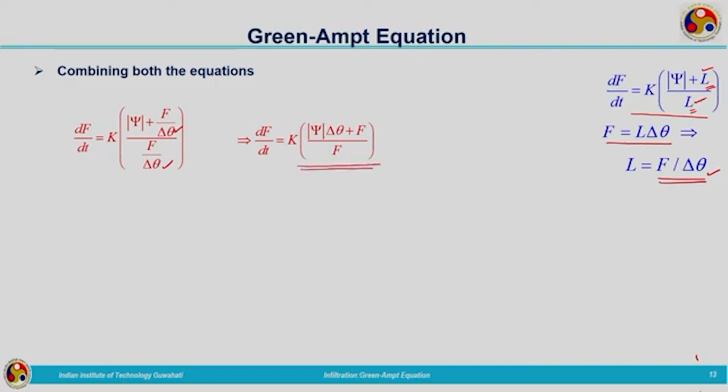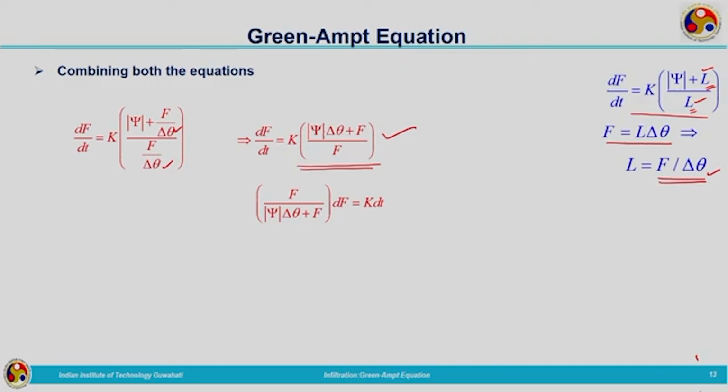So, the expression changed to this form, and what we are doing, this equation is df by dt. It is a differential equation. So, our intention is to get the expression for infiltration rate small f and the cumulative infiltration capital F, right. So, df by dt is given by this equation. So, we will rearrange the terms of similar kind, and after that, for getting the infiltration, we will be